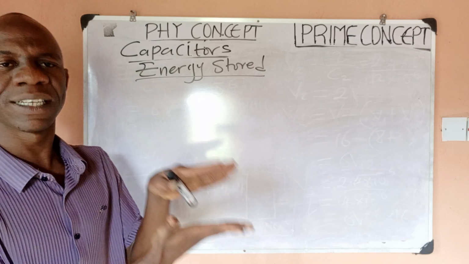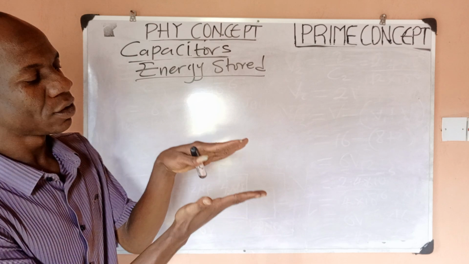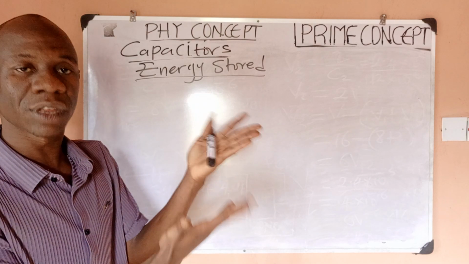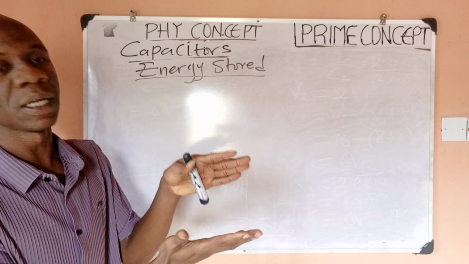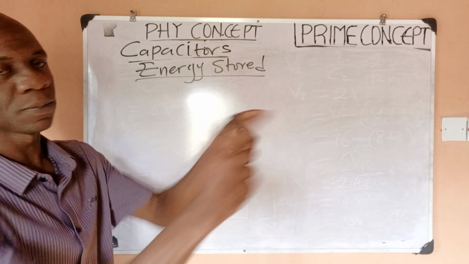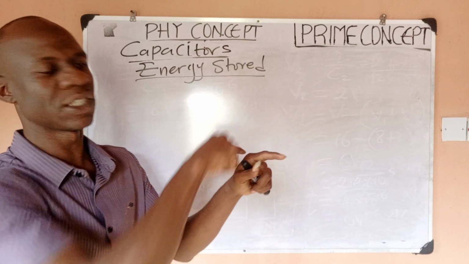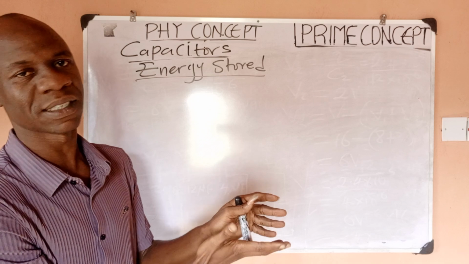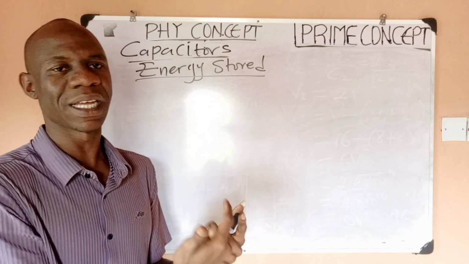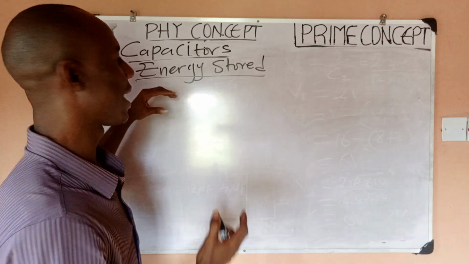Now if you bring any two parallel conducting plates, each of those plates naturally has a neutral charge, a net charge of 0. And if you connect their ends to a battery, the battery will begin to supply charge to the plates of the capacitor. The work done in increasing the potential or the charge on that capacitor plate is what we know as energy,